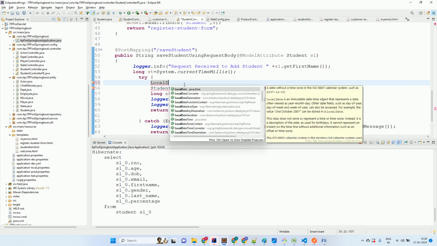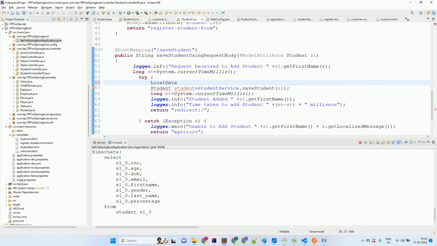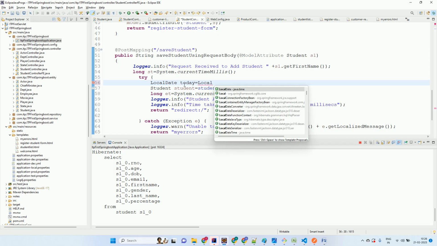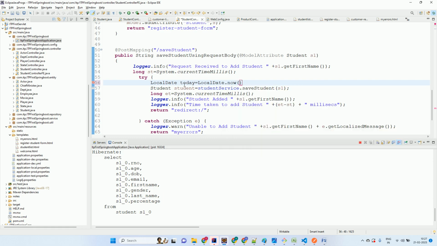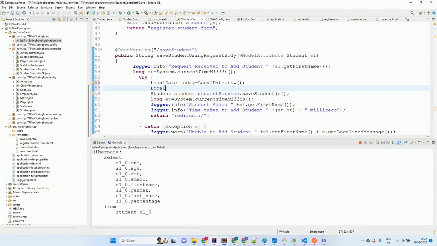तो ये क्या देगा मुझे? आज का डेट दे देगा। और लोकल डेट, हमने डेट स्ट्रिंग पास किया, लोकल डेट पास किया है, लोकल डेट ही किया है ना। सो लोकल डेट डेट ऑफ बर्थ, okay, let's just not conflict with it, ये पूरा इसमें आ गया ना, s1 डॉट गेट लोकल डेट ही है।